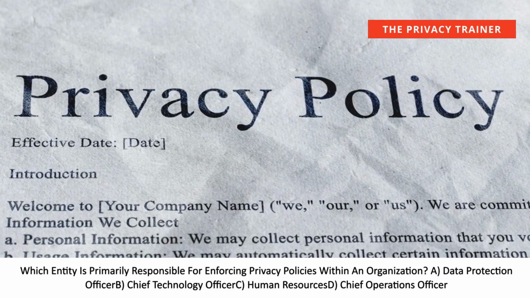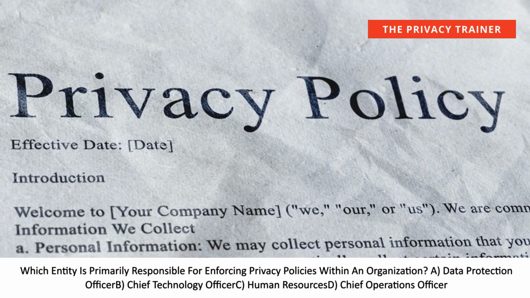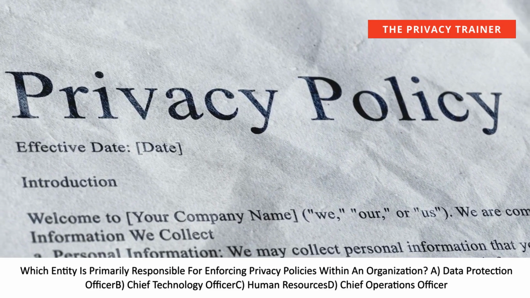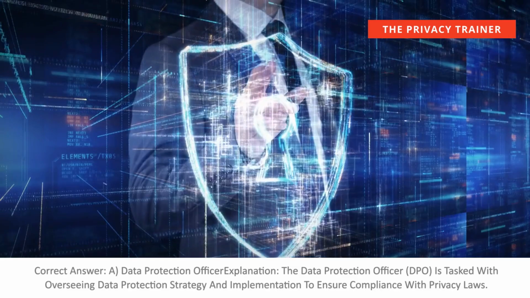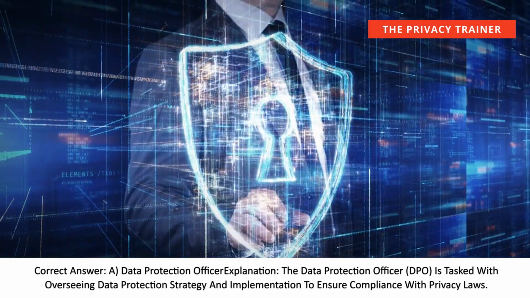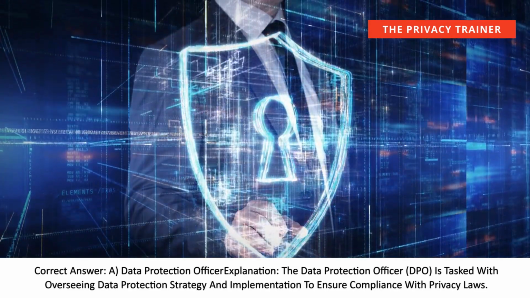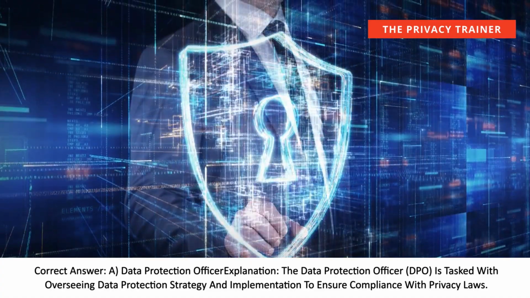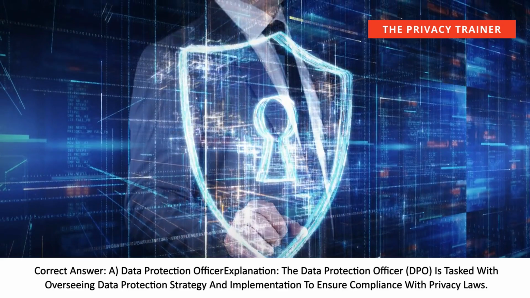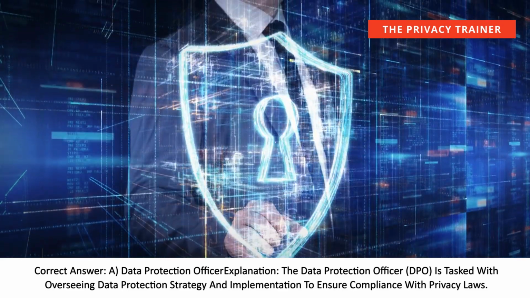A. Data Protection Officer. B. Chief Technology Officer. C. Human Resources. D. Chief Operations Officer. Correct answer, A. Data Protection Officer. Explanation: the Data Protection Officer, DPO, is tasked with overseeing data protection strategy and implementation to ensure